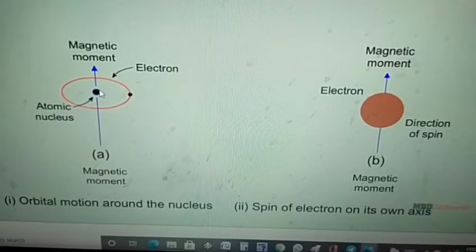The electron being a charged particle and undergoing these types of motions can be considered as a small loop of current which possesses a magnetic moment. So each electron has a permanent spin and an orbital magnetic moment associated with it. The magnitude of this magnetic moment is very small and is measured in the unit called Bohr magneton. So the Bohr magneton value is equal to 9.27 × 10^-24 ampere meter square.